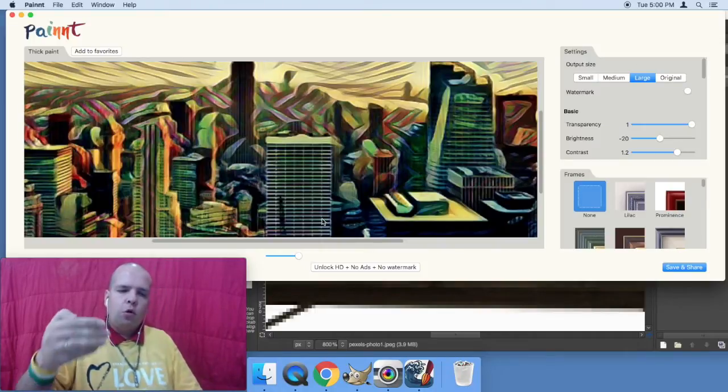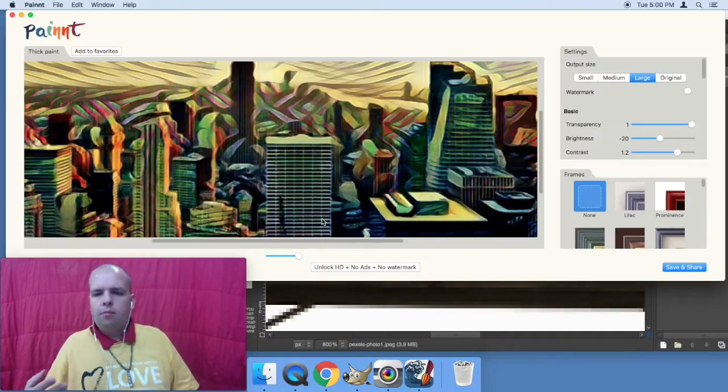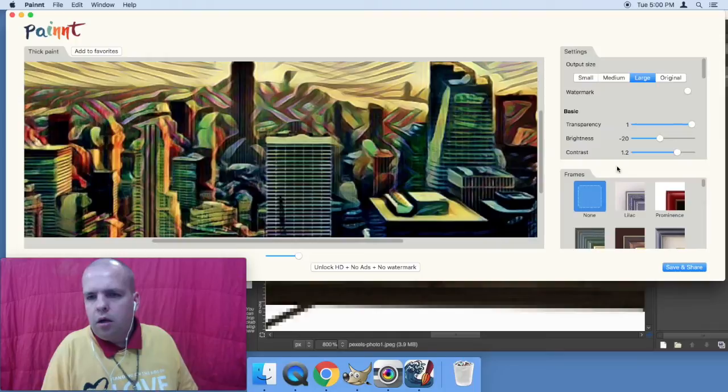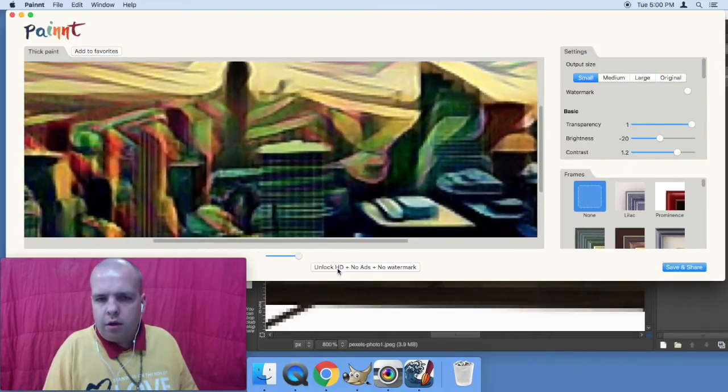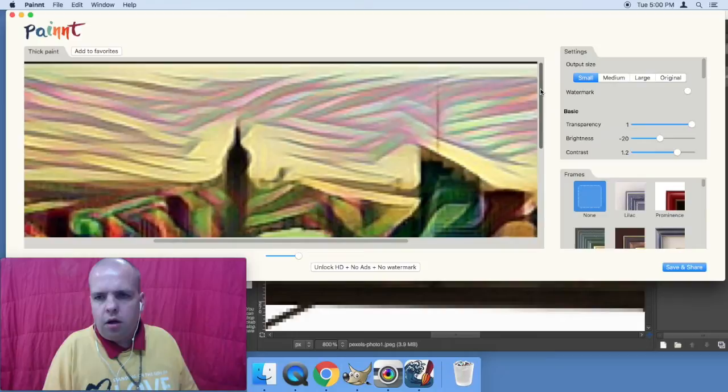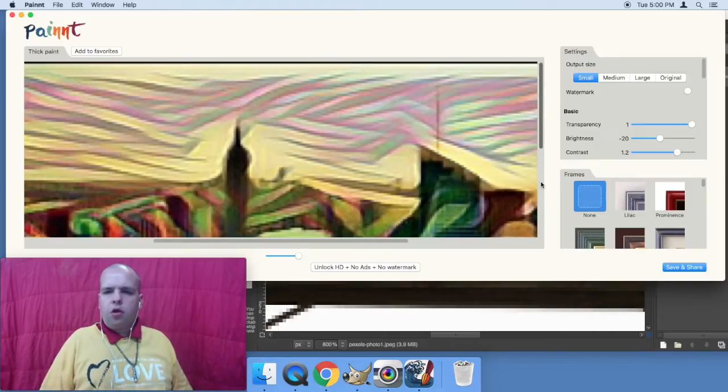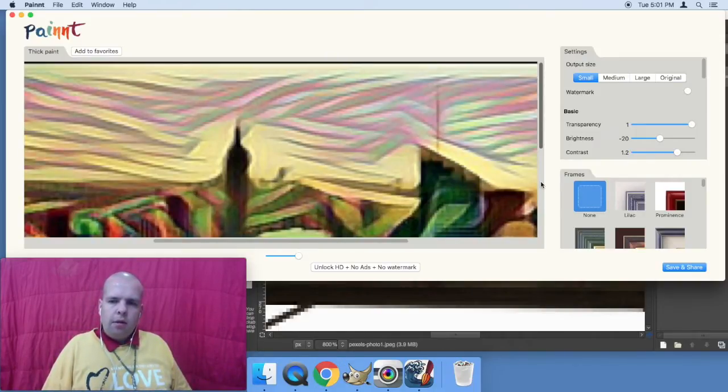No matter how close you get to the image, it should look good. You shouldn't get these fuzzy remnants of an image. It's just not appealing